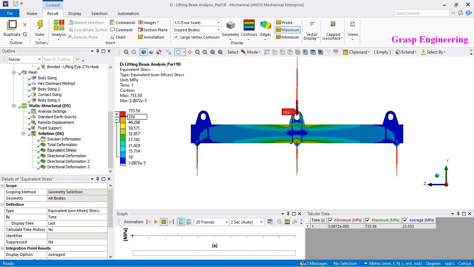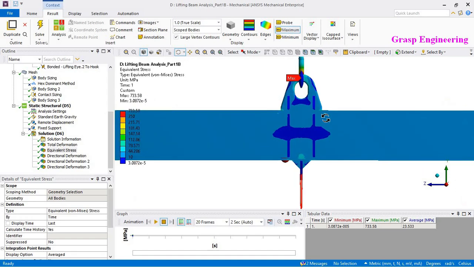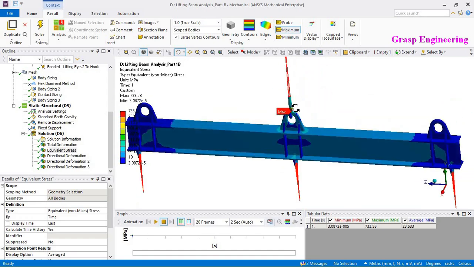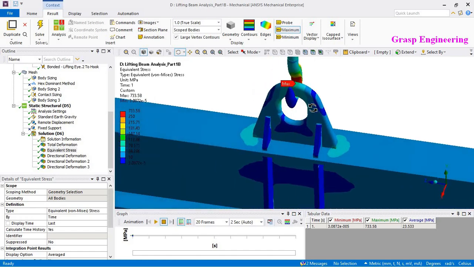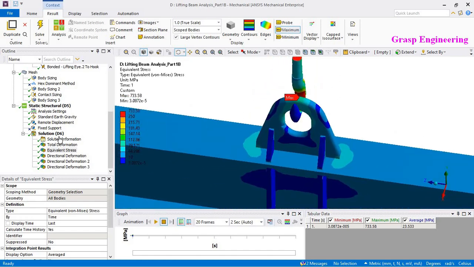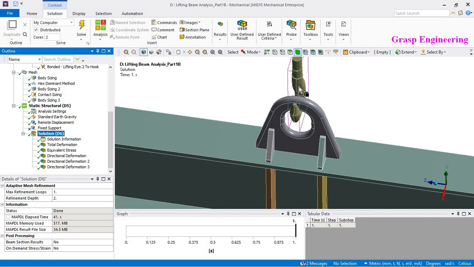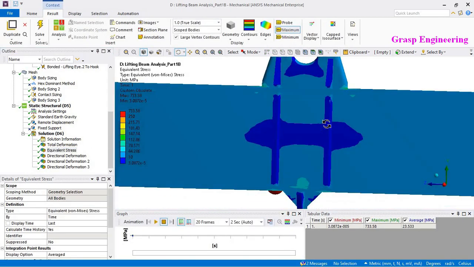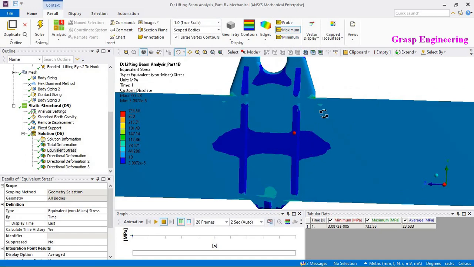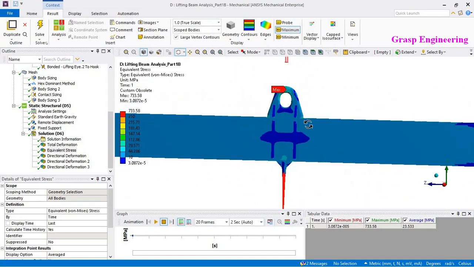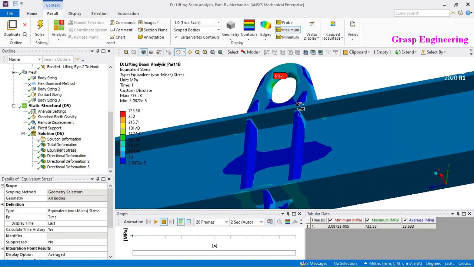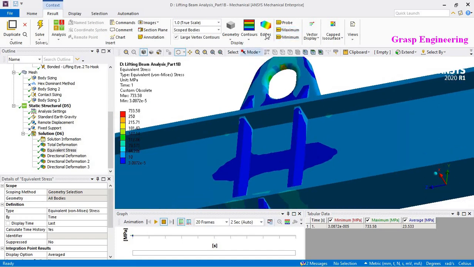And if you see here, a few stresses are developed, but that is on the lifting hook, so we will try to hide that part. We don't need that, we only need this. The maximum, you can see this is localized stress, but in addition to that there are few stresses.